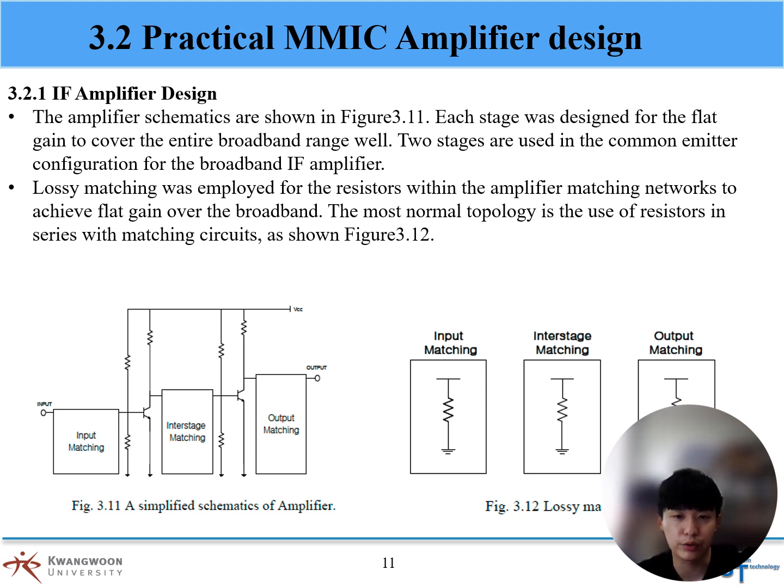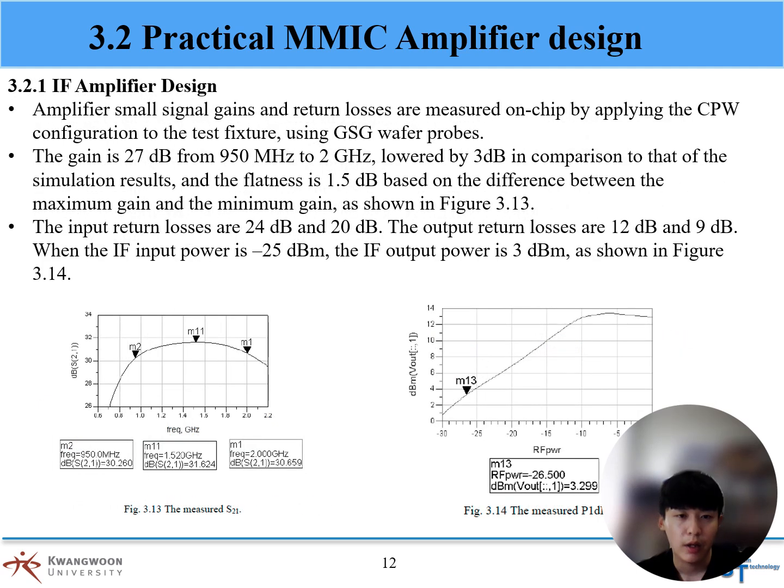Two stages are used in the common emitter configuration for the broadband IF amplifier. Lossy matching was employed for the resistors within the amplifier matching networks to achieve flat gain over the broadband. The most normal topology is the use of resistors in series with matching circuits, as shown in Figure 3.12. Amplifier small signal gains and return losses are measured on chip by applying the CPW configuration to the test fixture